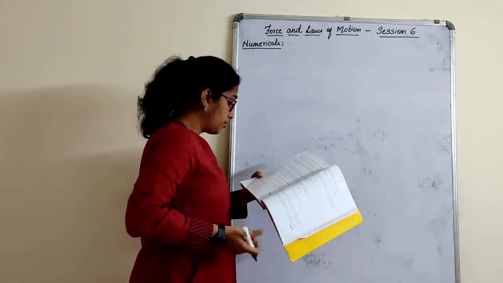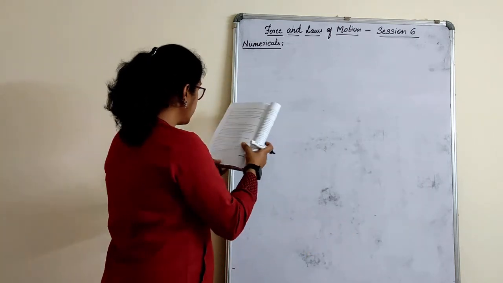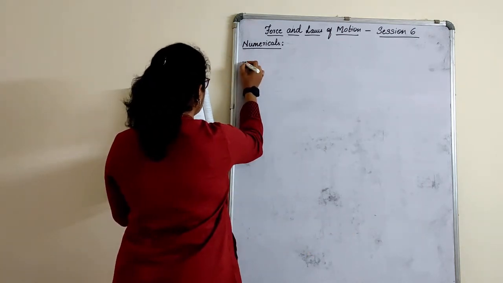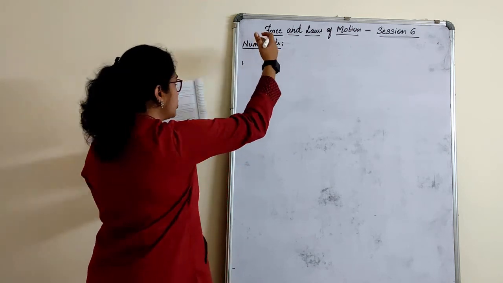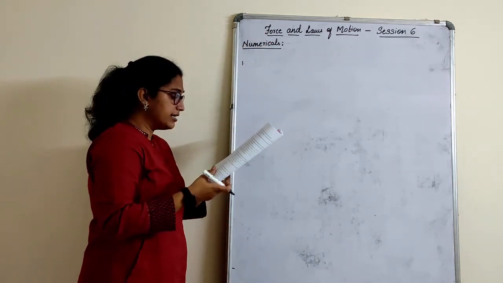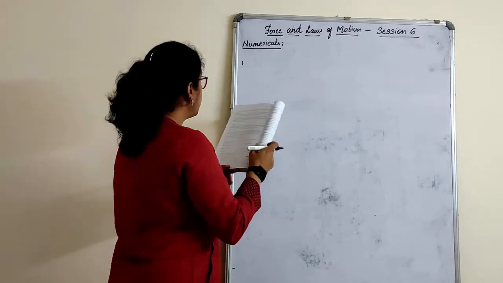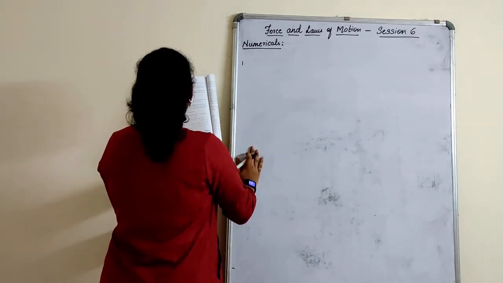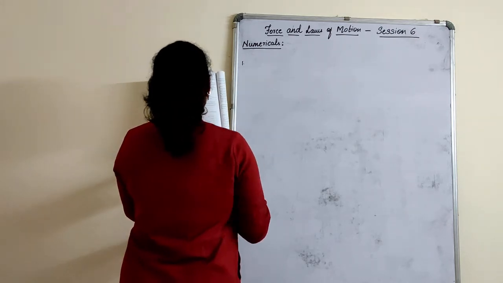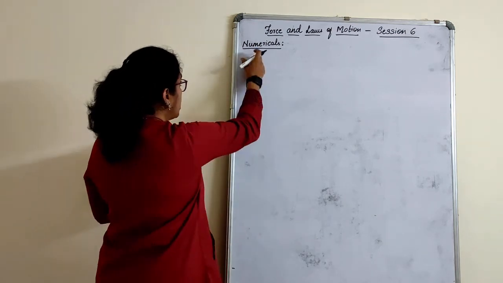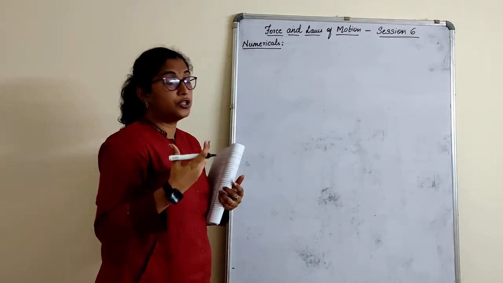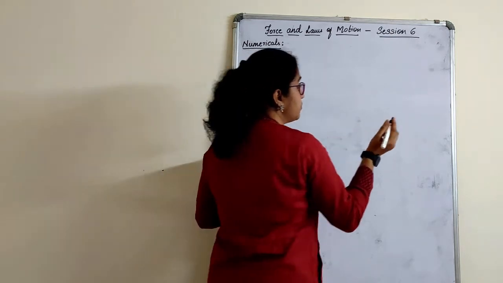Here, page number 126, in-text question number 3. I just go on writing it as question number 1, 2, 3 serial number. It's up to you how you want to number the questions. From a rifle of mass 4 kg, before I start with this numerical, children, I just want you all to recall the formulas that we had.